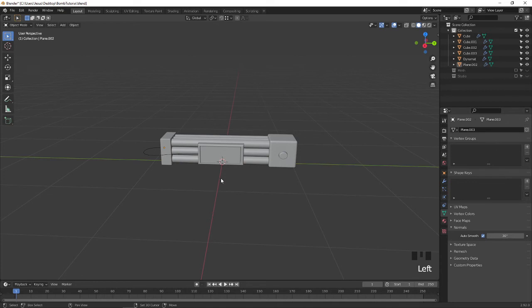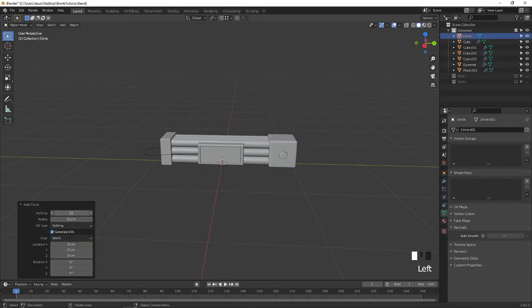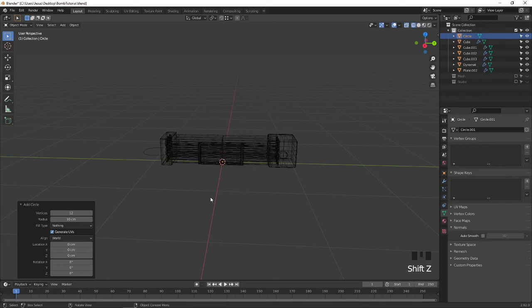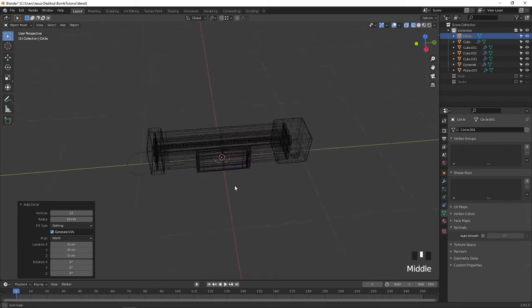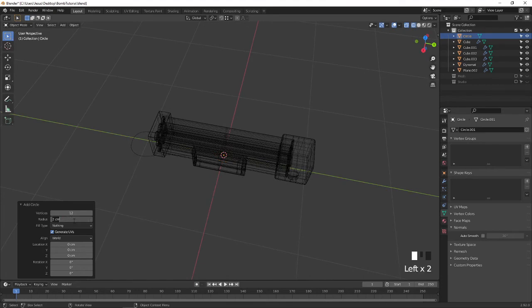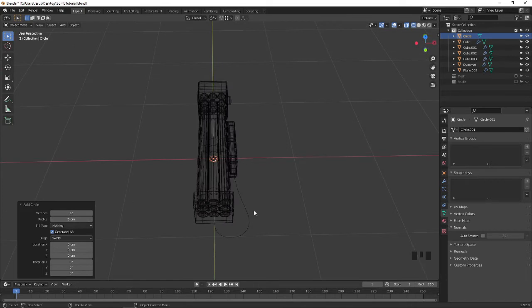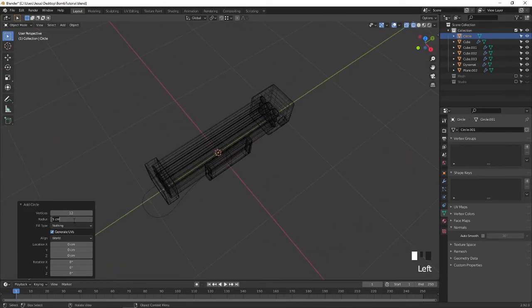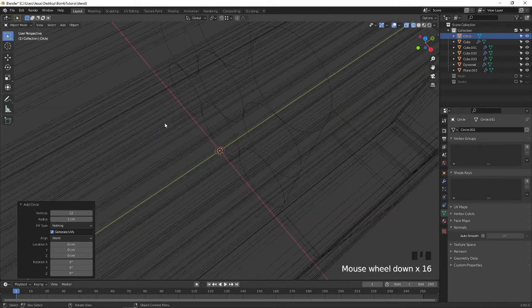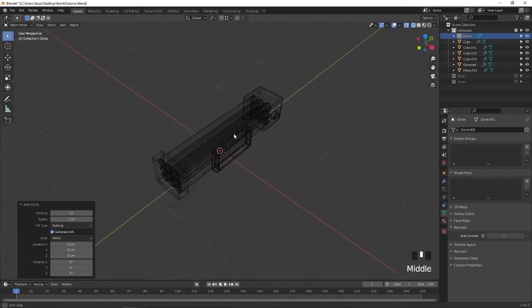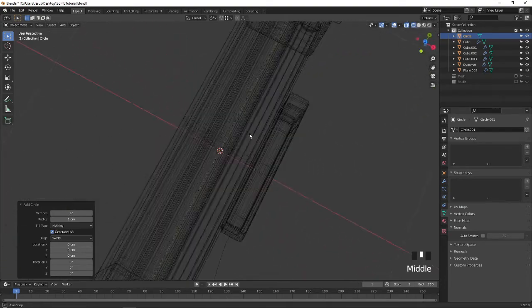Press Shift A and create a circle and make it 12, and press Shift Z. Okay, sorry, I escaped, cancel, and press enter, Shift Z. Now you can see the circle is created. I'm going to reduce the size to 5 centimeters. It still looks big because the wire will be very small. I'm going to make it 1 centimeter. Press 1 on the keyboard. Okay, fine, I feel that is okay for us.